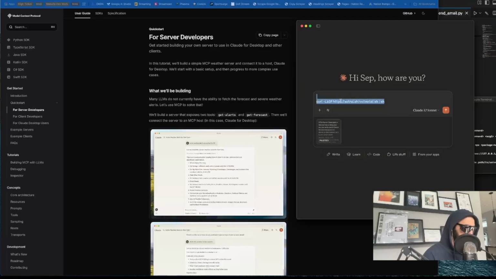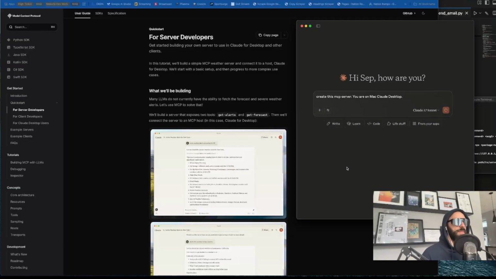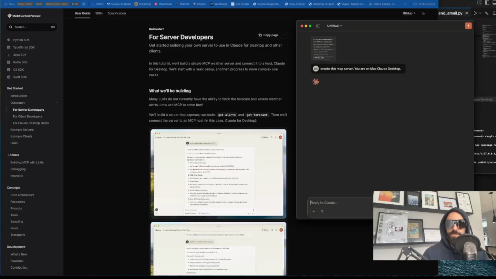It's gonna be create this MCP server. You are on Mac. Claude Desktop. Okay. Let's see what it does, because frankly,